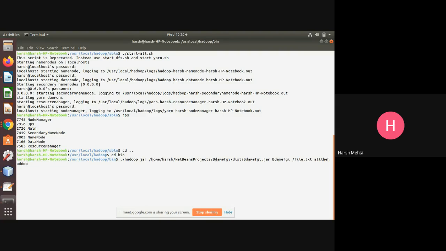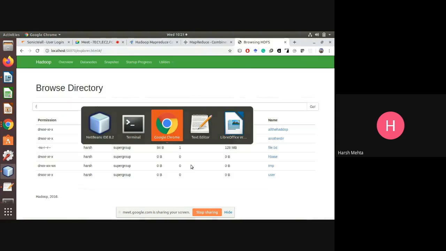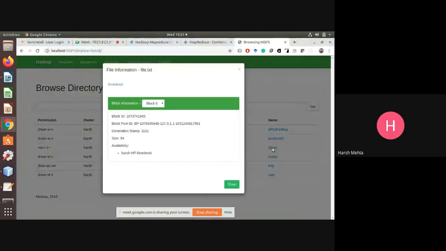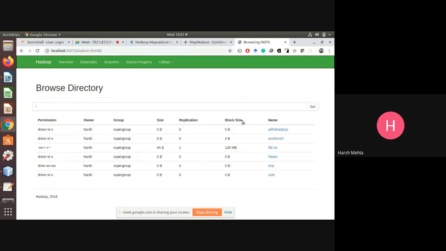Yes, hadoop jar. I think it is the same jar file as in the driver code. What file.txt do I want to process? In file.txt: Hi, how are you, user?